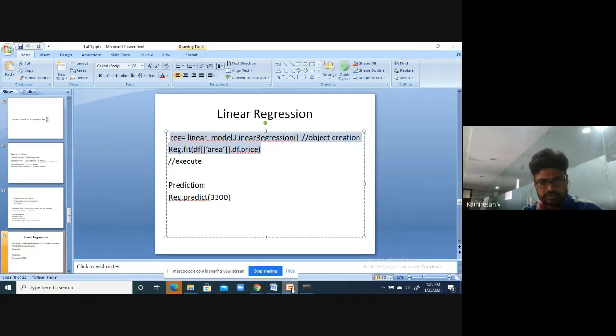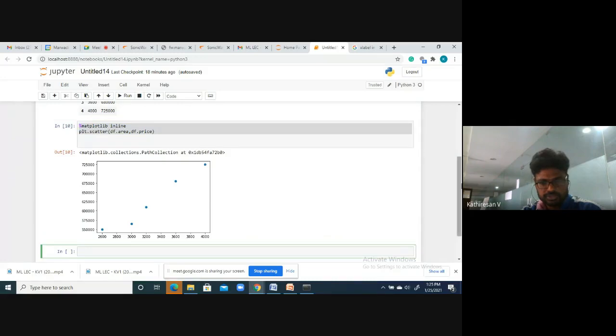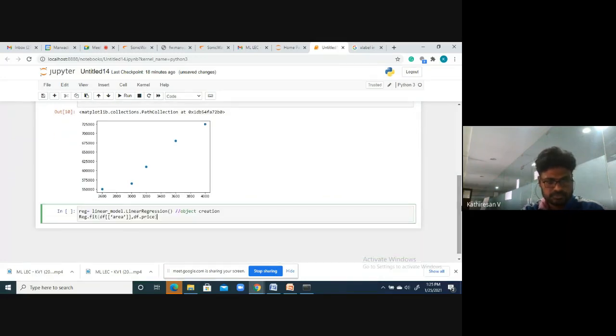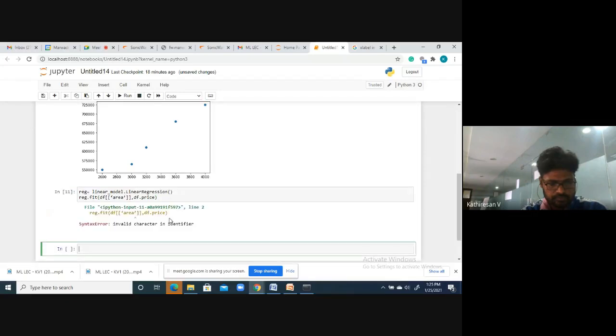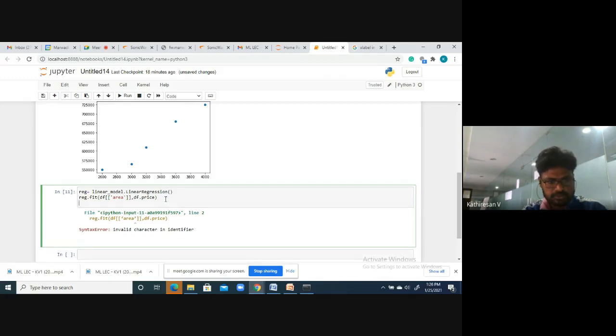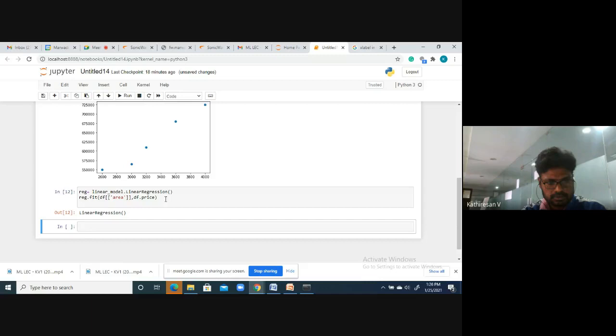This is the important step which we are going to do. Here reg is the one which we're using. The symbols should be proper, otherwise it will throw an error message. Now our linear regression model is executing.